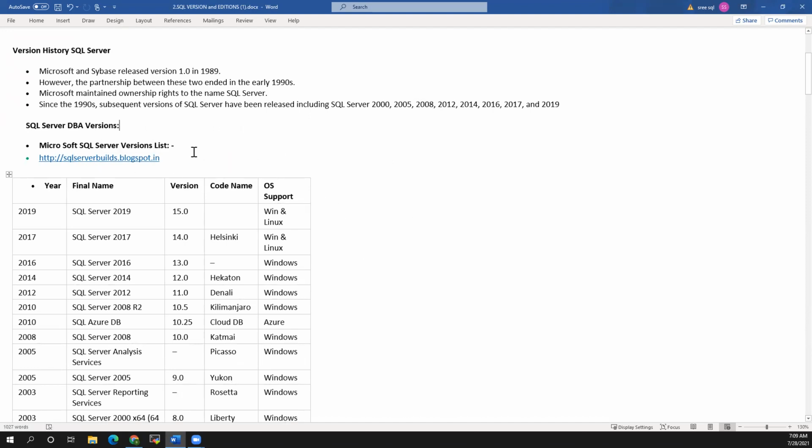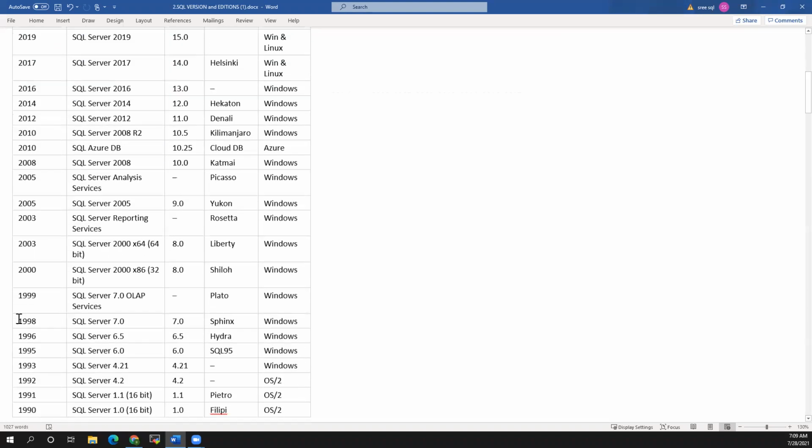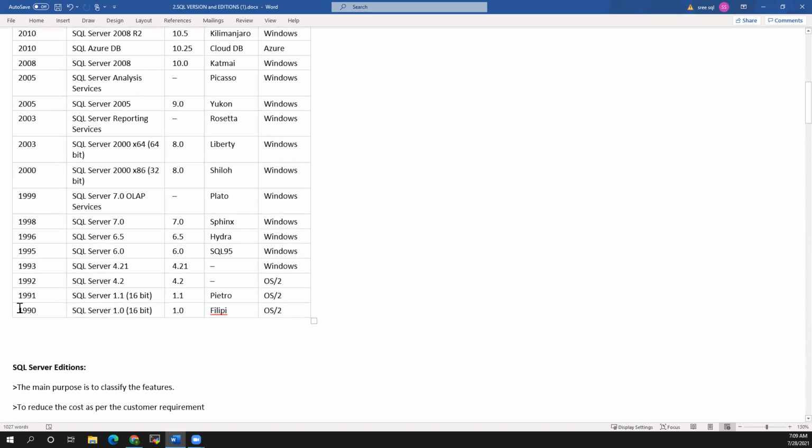I'm going to share this PPT, this Word document, with you guys. If you click on this one, it will show the versions and everything. Here you are able to see, right? Included here is 1990, 1.0. Before that, up to 1.0, it was not running on a Windows version.